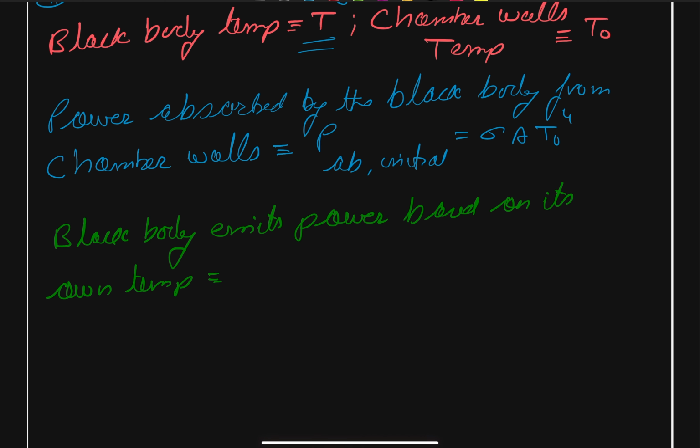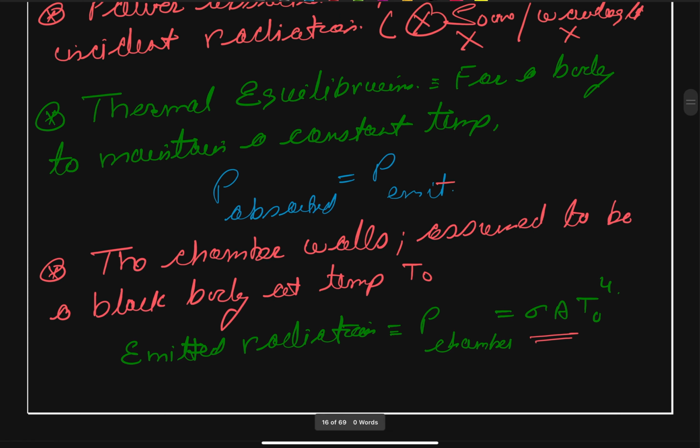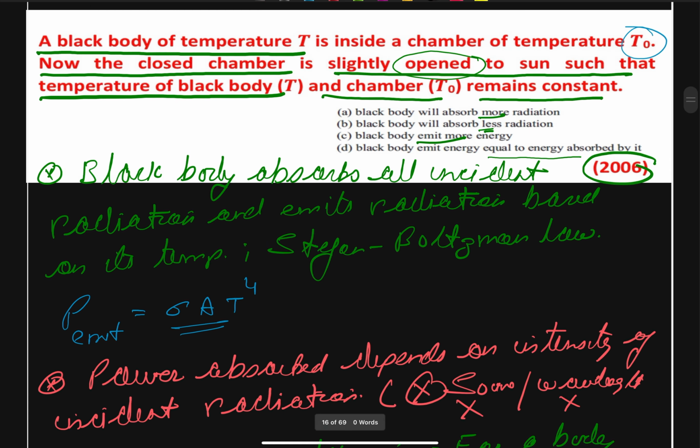Let us call this P emit, and this P emit will be our Boltzmann constant, area, and T to the power 4. And it is also mentioned